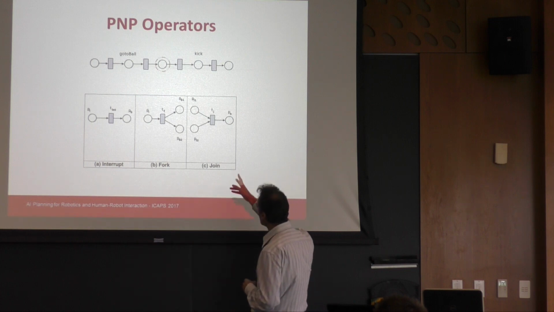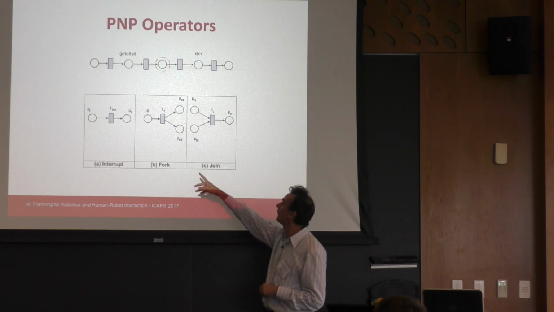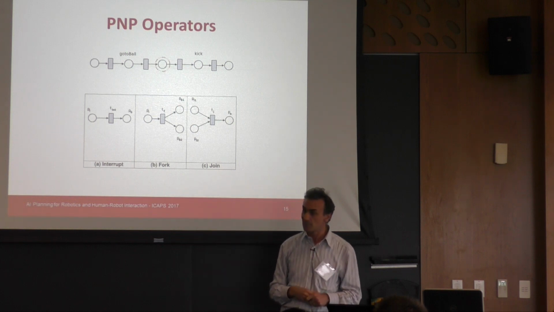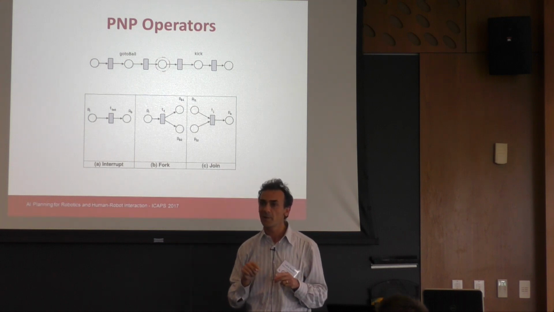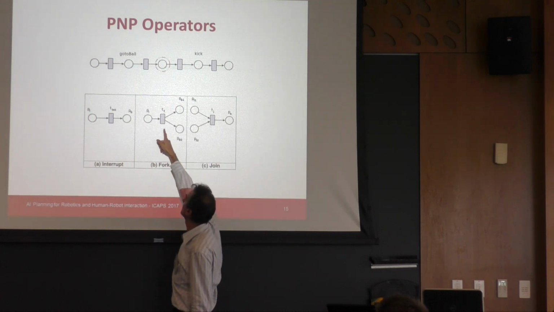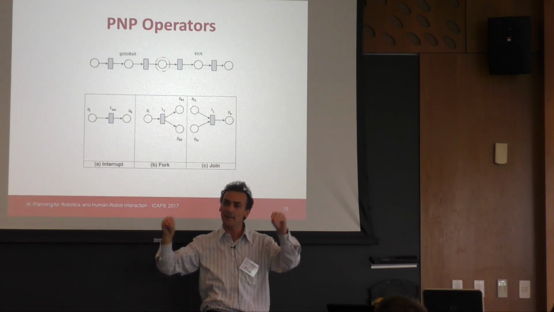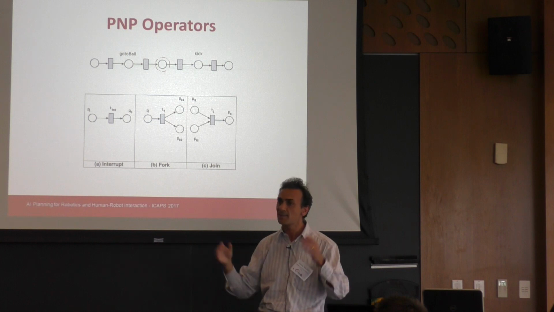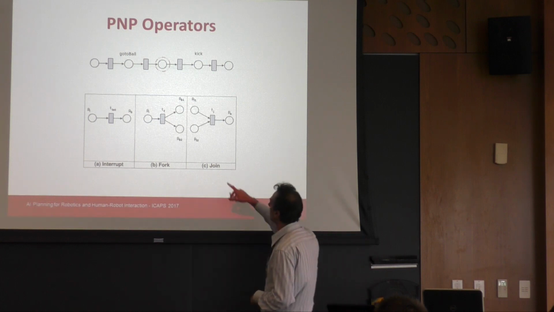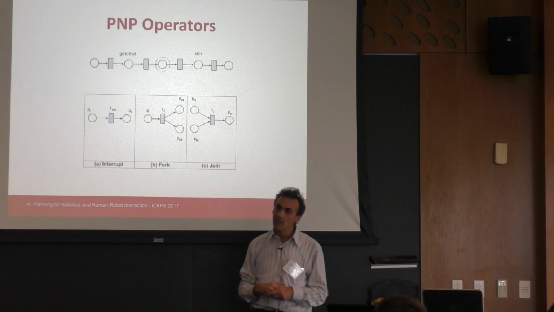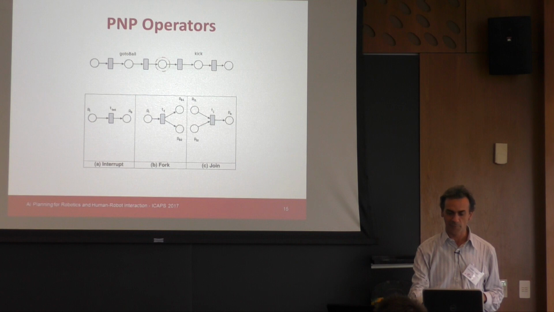And then, in order to deal with concurrency, we have the fork and join operators. The fork operator is just an operator that forks one token. So when this transition fires, one token becomes two tokens, and this means that you can execute two threads of execution in parallel. And of course, the join operator does the opposite and joins different flows of execution.